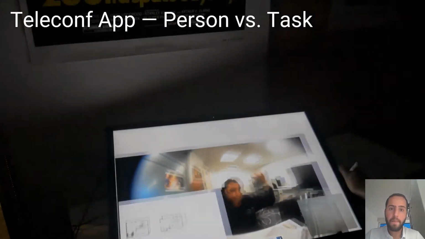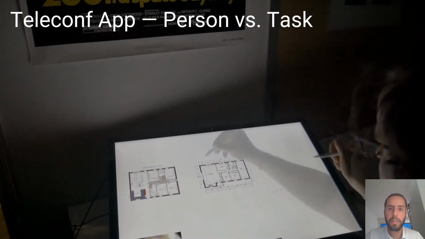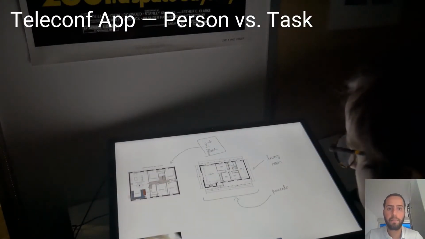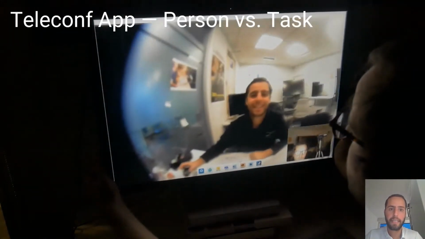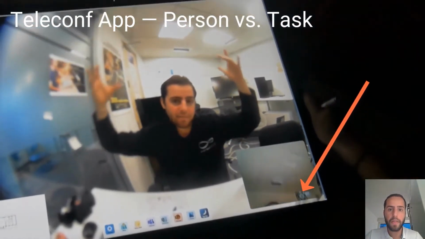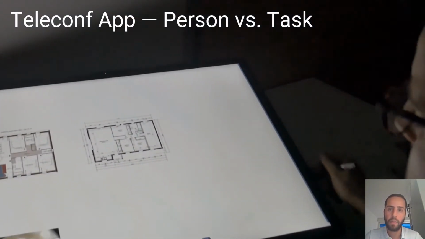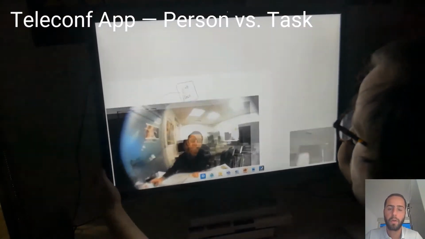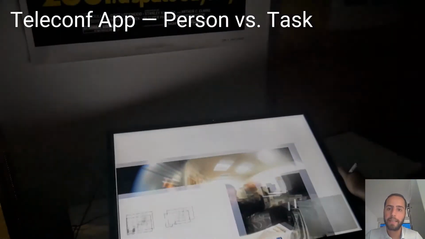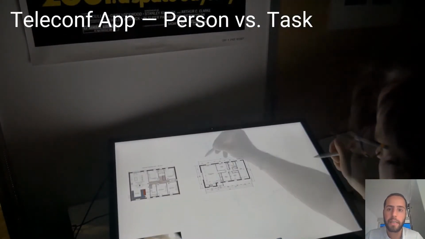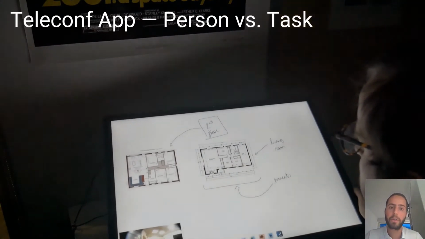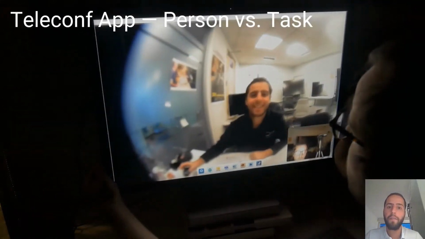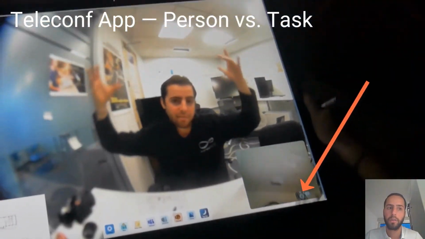Our Teleconf app explores a solution that uses display tilt to transition between person space and task space. When vertical, the display emphasizes person space. Tilting down then transitions to task space, where the user can mark up a shared document or whiteboard. Participants made mainly positive comments about disabling the camera when tilted or horizontal, but also articulated the benefit of focusing the remote audience on content.